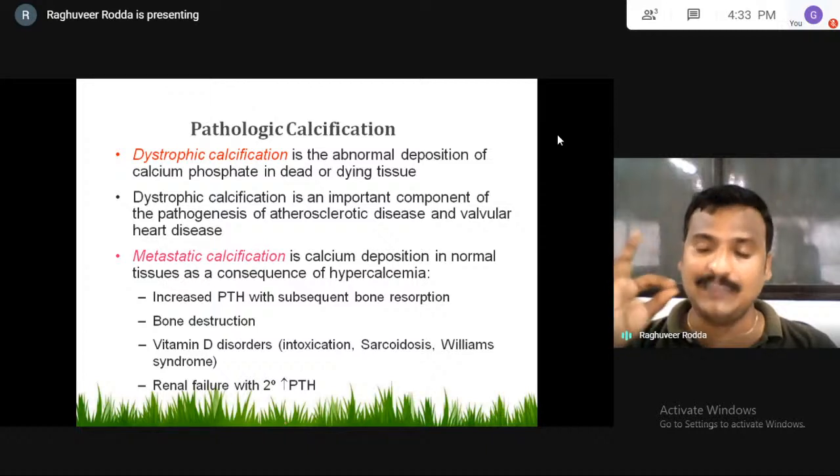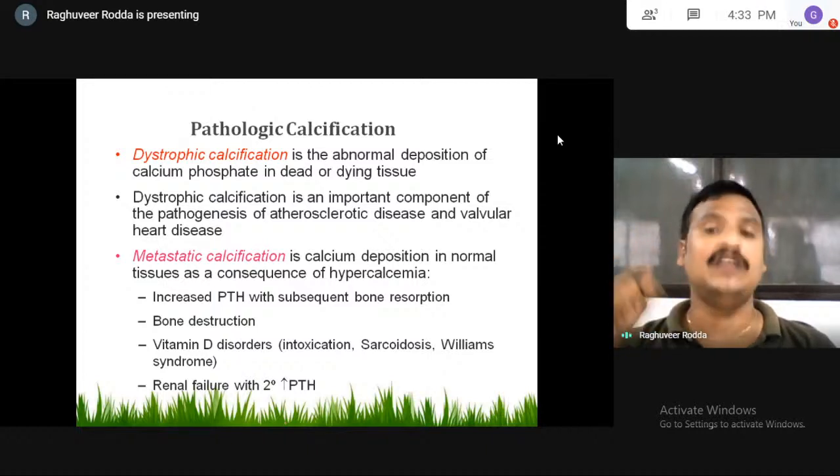If that deposition takes place in such normal tissues, that will be called metastatic calcification. And the conditions like